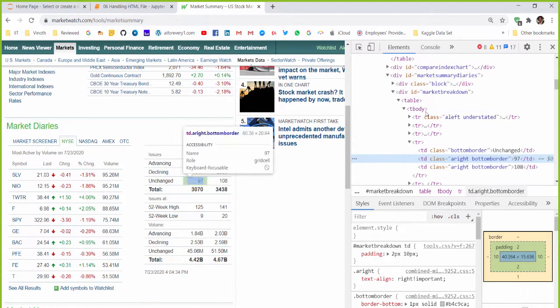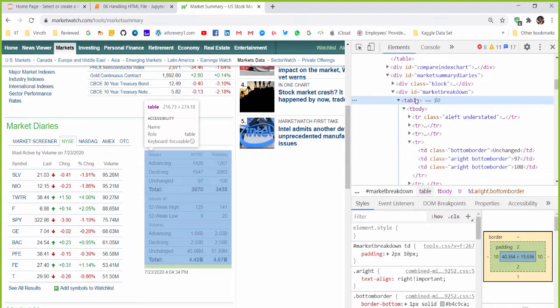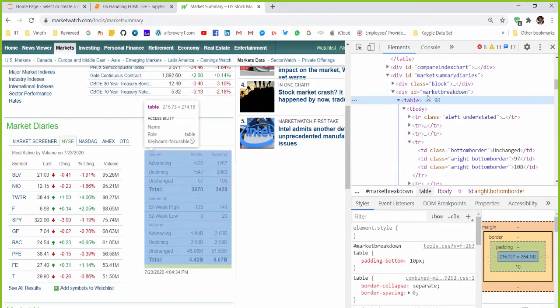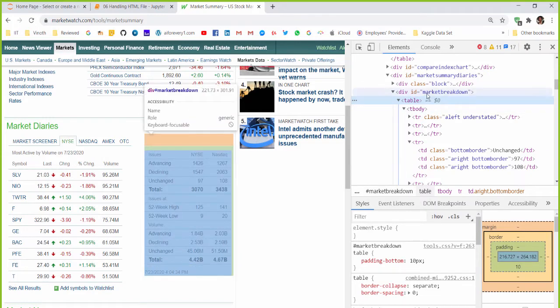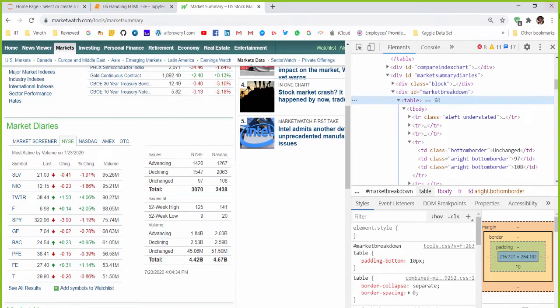Just come up. So this is the third table. Totally we have 3 tables. So this is how we have to inspect the element. The takeaway point here is that if the web page contains a table tag, then we can retrieve the values without any issue. Keep that in mind.